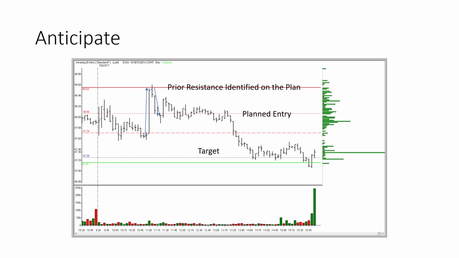So not everything goes exactly the way you think it's going to happen initially, but then you've got the rest of the session to look at these things and say, look, I know what happened yesterday. I know why it happened. I know what's going on today. As you look out here on the right side of the chart, when you see your volume by price, you can see where the inflection reversal happened, and you can see exactly where the volume spikes were and why things were happening. But that's a whole topic for a whole other lesson.